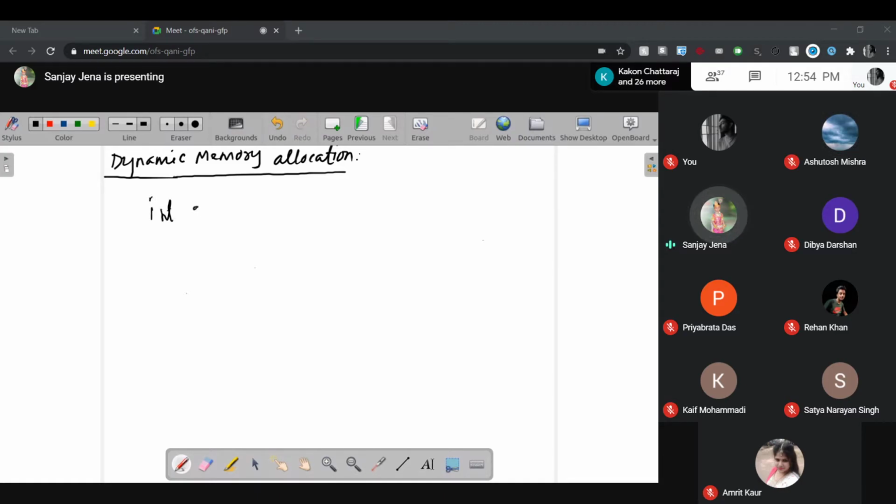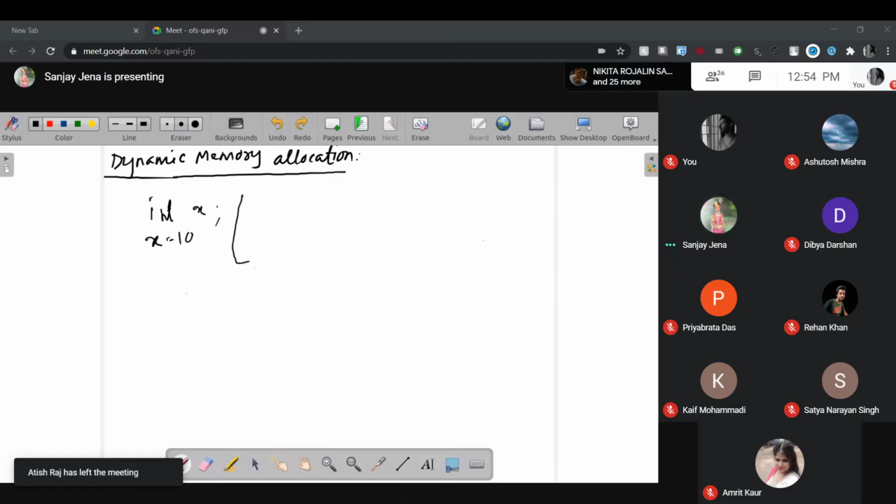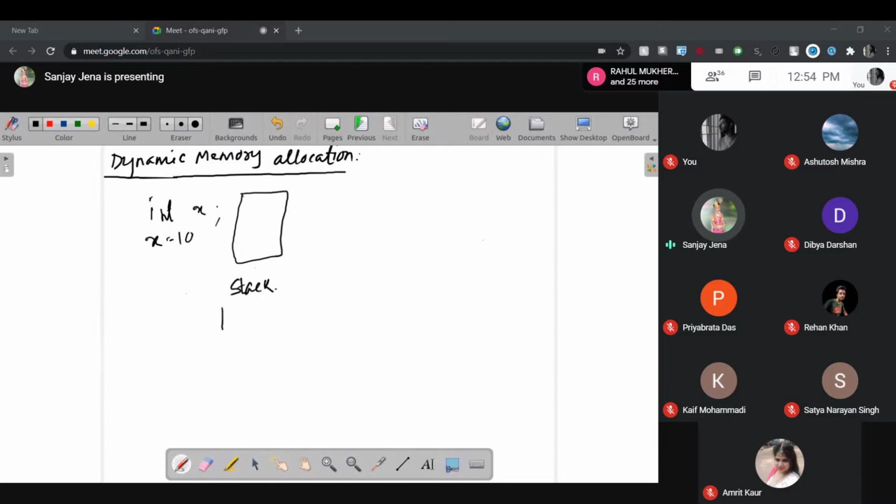This way of doing things, int x = 5 or x = 2, means that x is allocated in the stack area. x is allocated in the stack. This particular part is the stack. It will be allocated on the stack. As you are writing the program, you can say that it is the program stack.